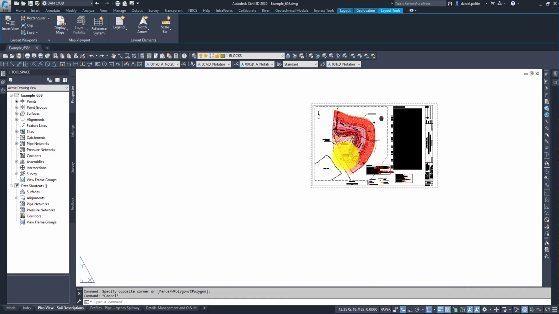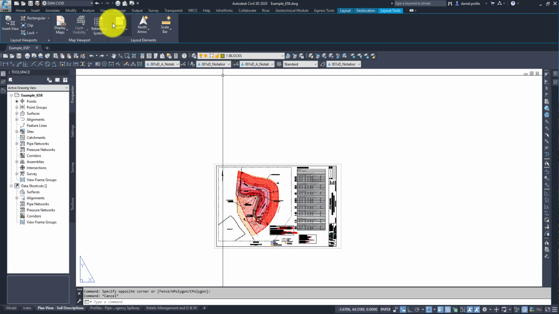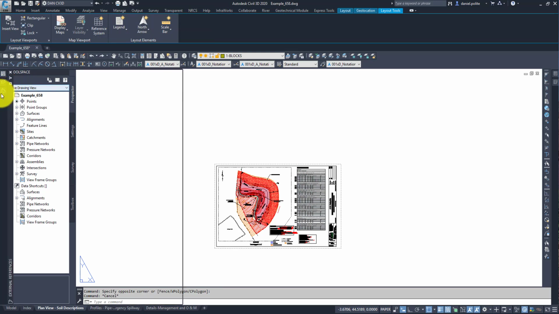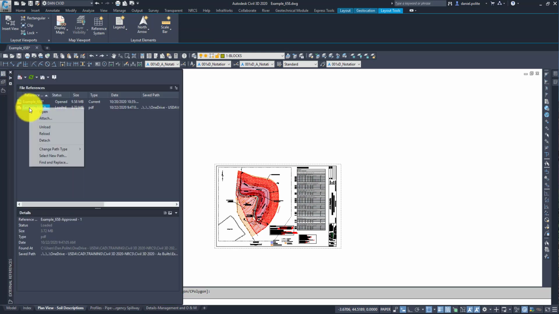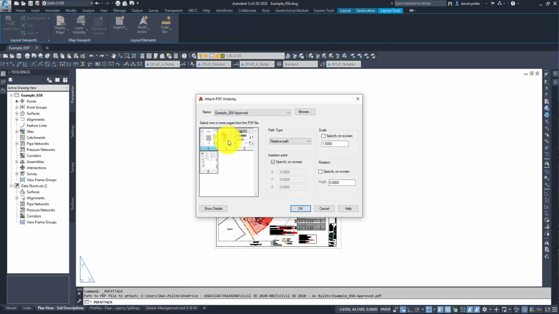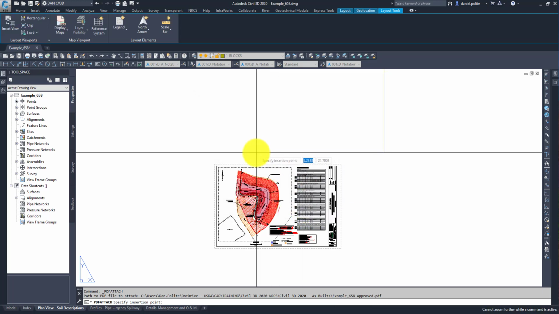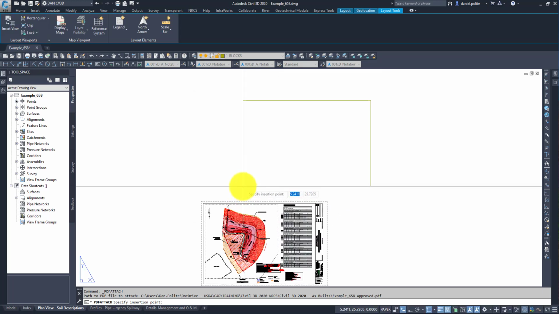And again, you want to go in to your XREFs, right click attach, and in this case we're in sheet 2, and in this case I'm going to go ahead and do an angle of 90, click OK, specify your insertion point,